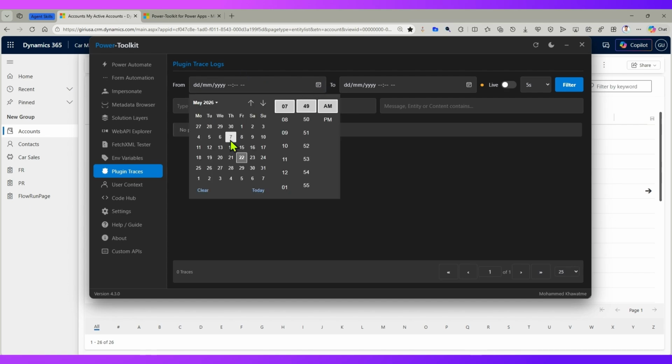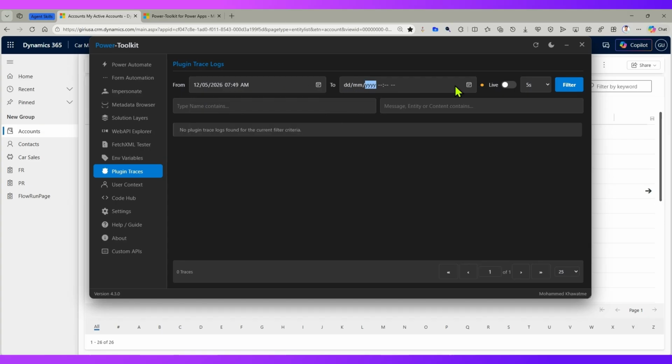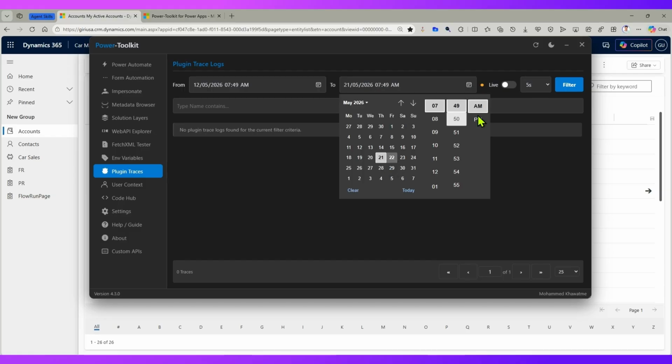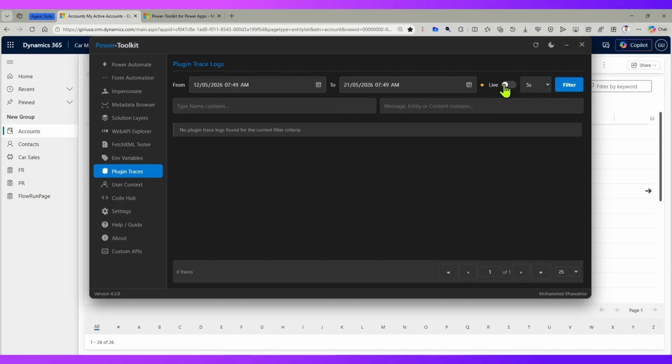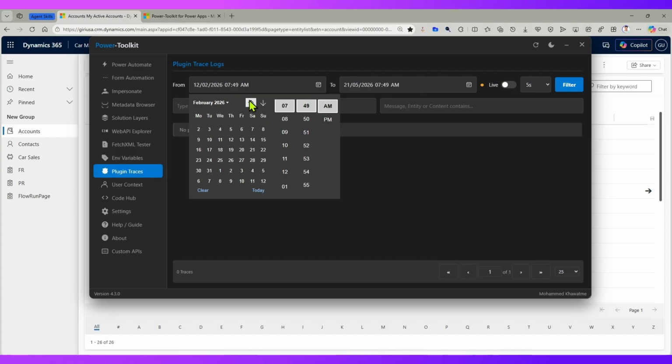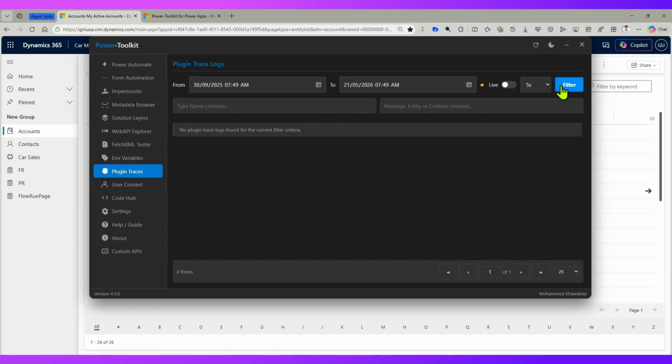You just need to specify from which date to which date. So you specify the start date, then you specify the end date, and then if you want to see something in the live, yes, you can do that, and then you click on filter, and then it will start looking for information. Now I haven't worked specifically on this environment in a long time, so maybe you may not be able to find that information. Also here you can specify if you want to see something happening live, and you can see